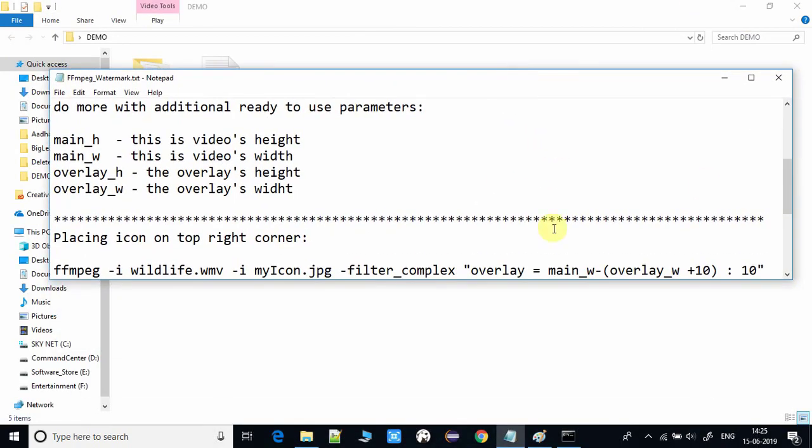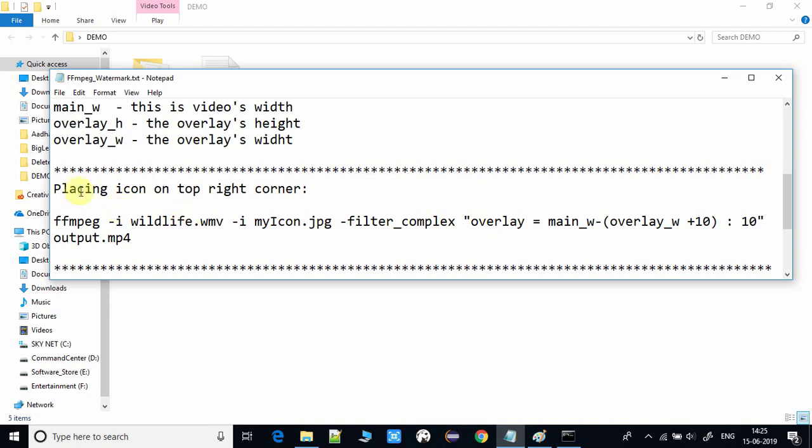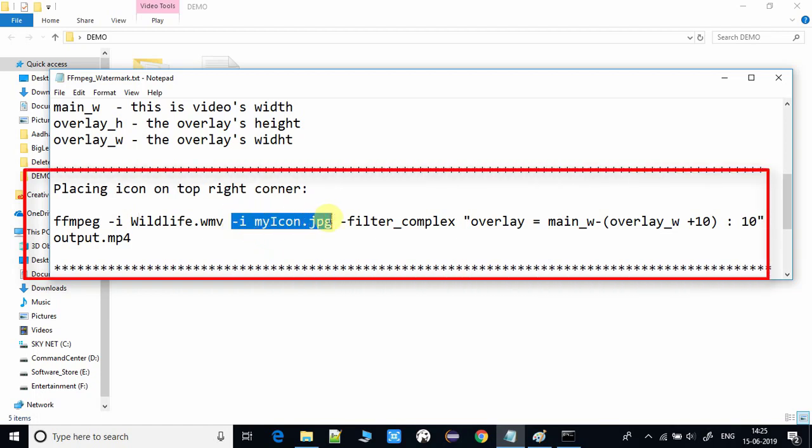The command is ready. I have already written. So going to place the icon on the top right corner. So this is the ffmpeg and -i for the input file. Okay, and -i for the icon image, and this is -filter_complex, and this is the overlay parameter that needs x and y coordinate. So we have to place our image on the right corner, so I'm using